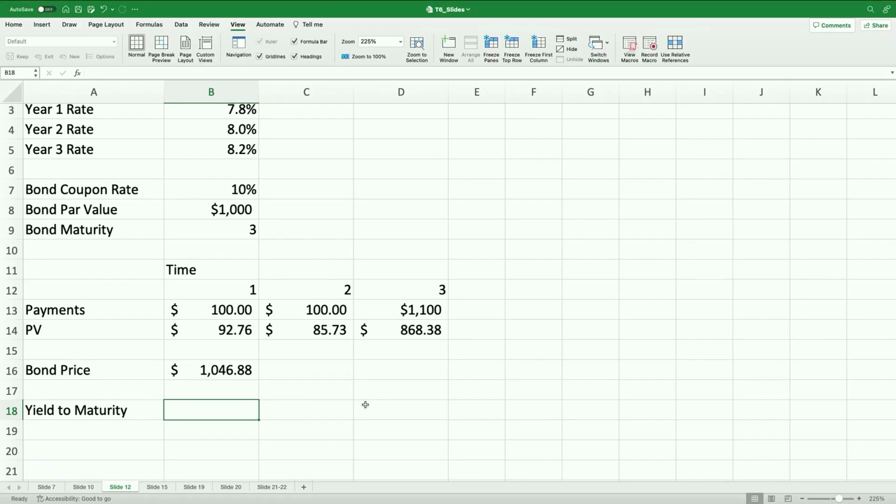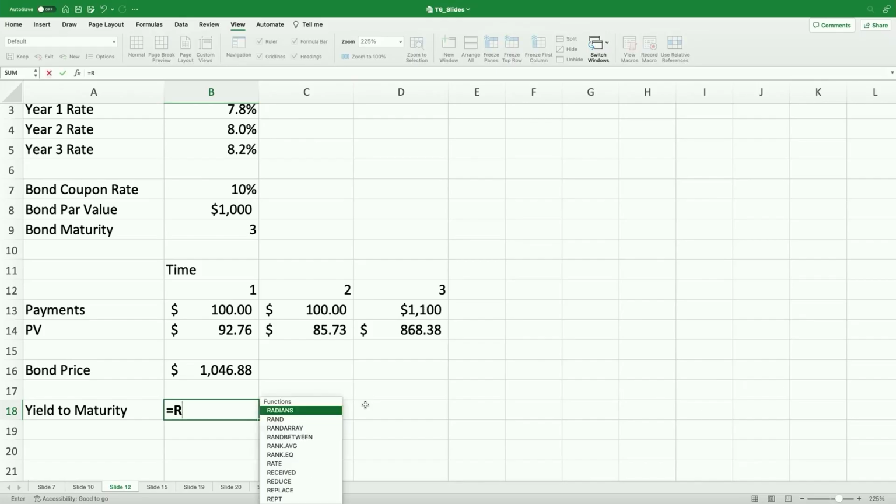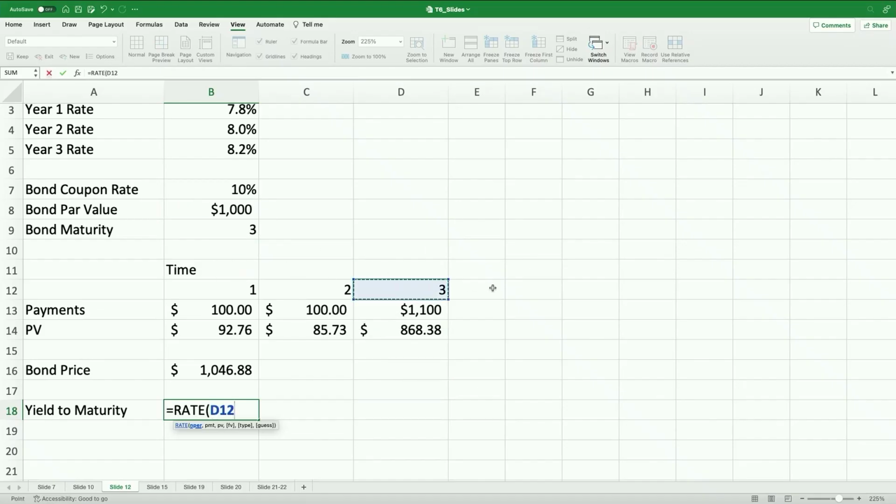Well, remember, we can use the rate function. Remember, the rate function solves for the R in the annuity present value formula. And remember, Excel allows in that annuity present value calculation for a lump sum payment at the end, right? For a big face value payment at the end. Okay? So let's think about what the inputs would be to the rate function. Well, first, the number of periods. So the annuity, that $100 that's being paid, how many periods is it being paid for? 3. What is the payment per period? 100.